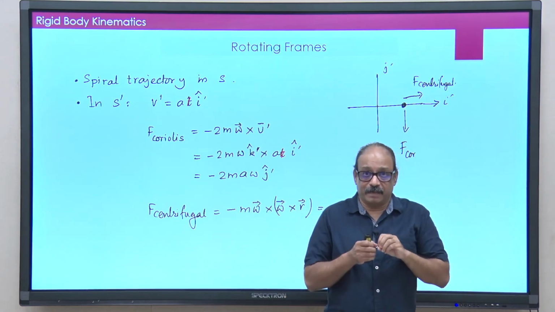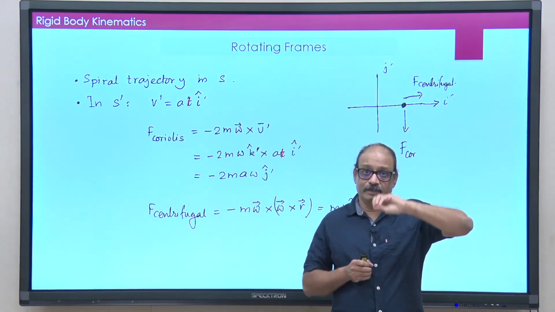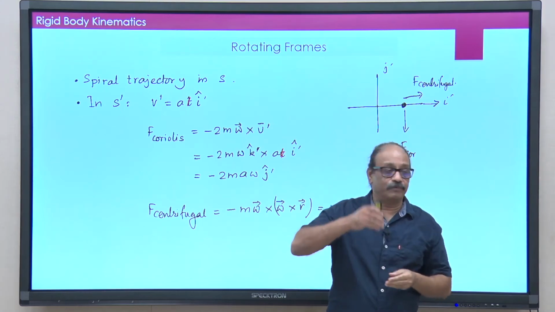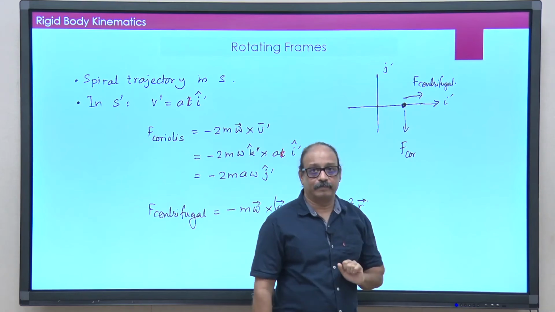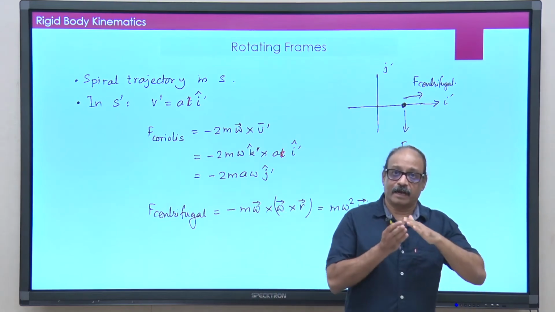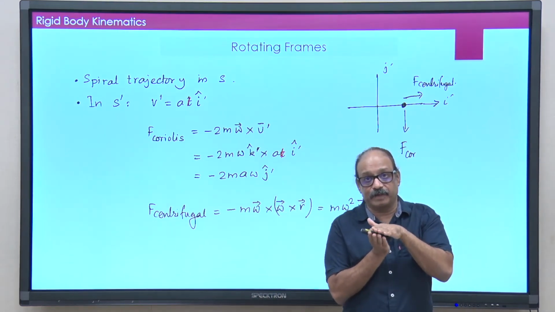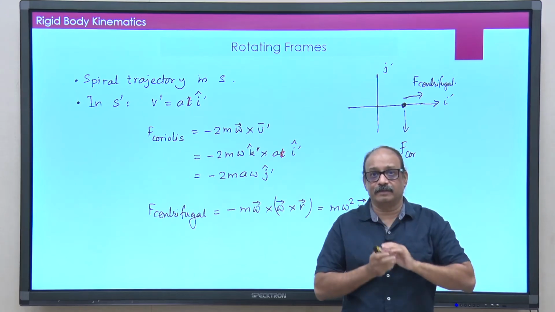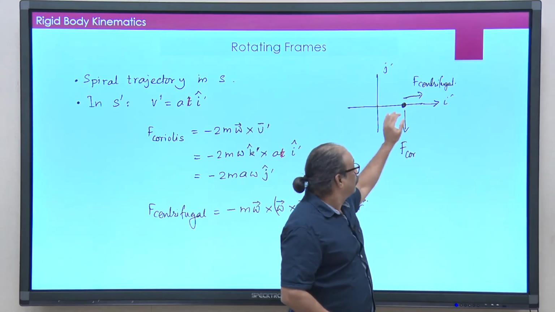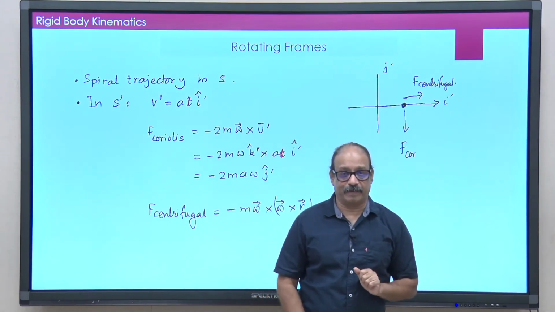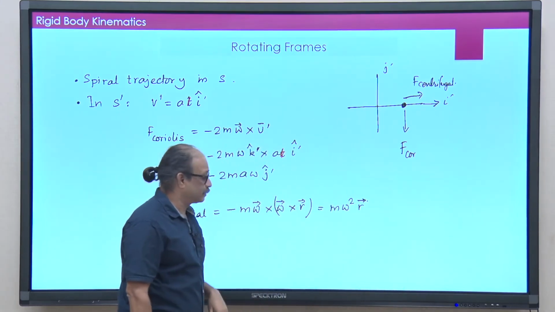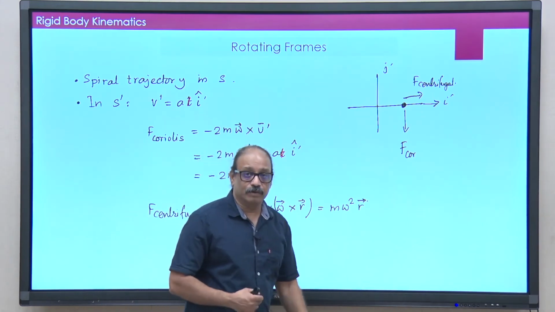So, in S prime, the motion would have been a spiral, there would be an upward force on the particle, and that upward force gets balanced by the Coriolis force, and hence in the S prime frame the particle remains on the I prime axis. There is no velocity in the direction of j prime. Okay. So, this is another example, but the most